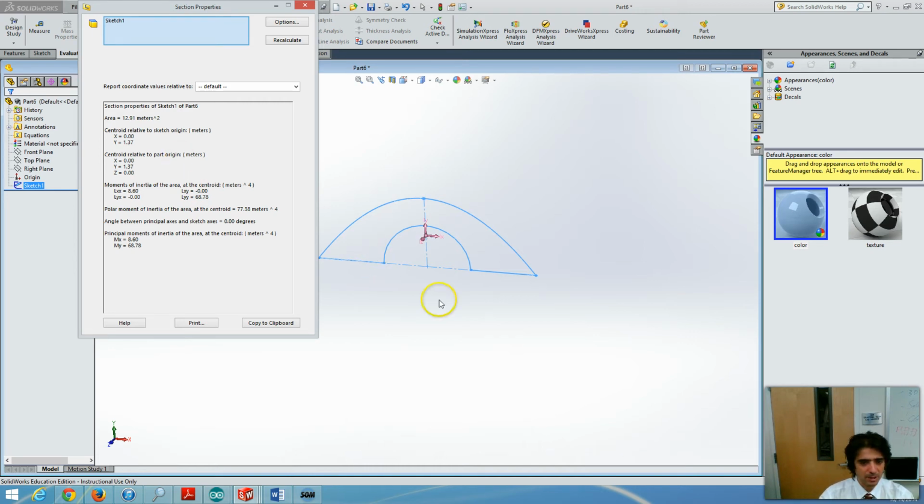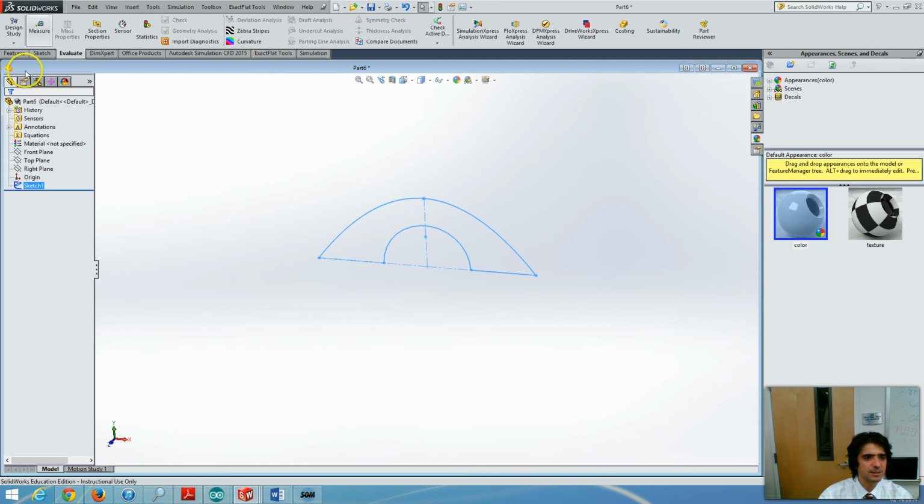The centroid relative to the part origin is here, and then the moments of inertia at the principal axis, Ixx and Iyy, at the centroid. So let's see now if we have the polar moment of inertia here.